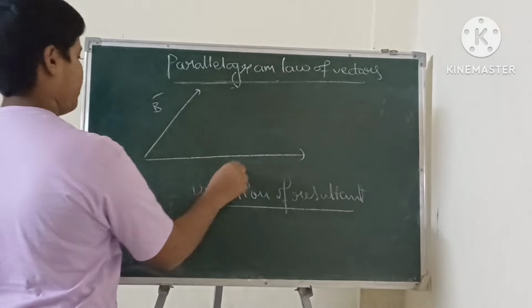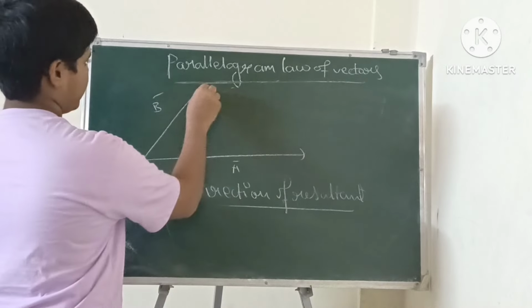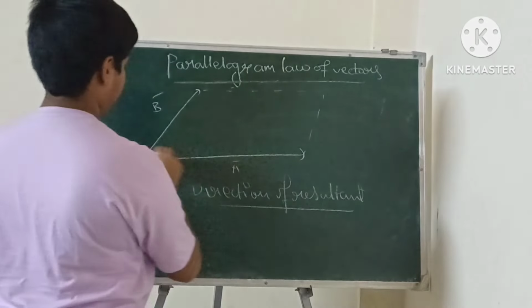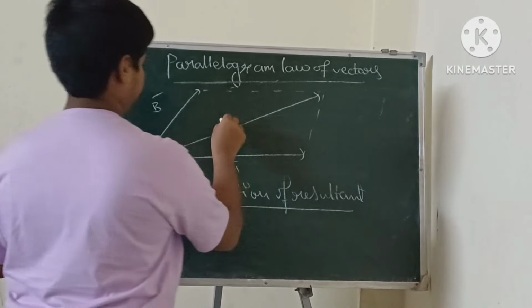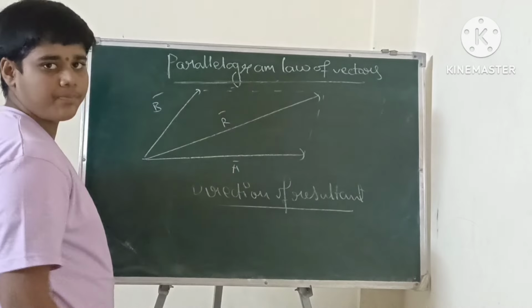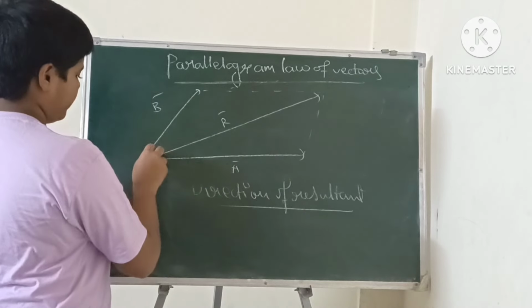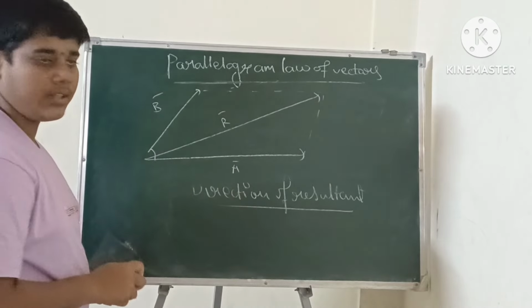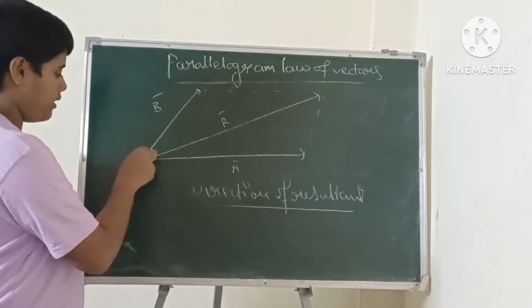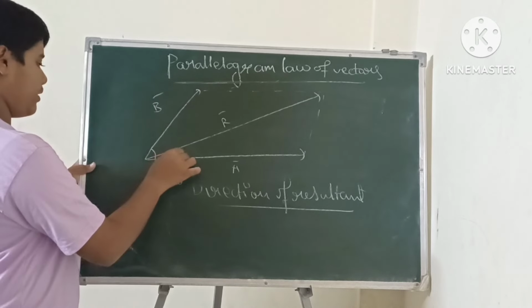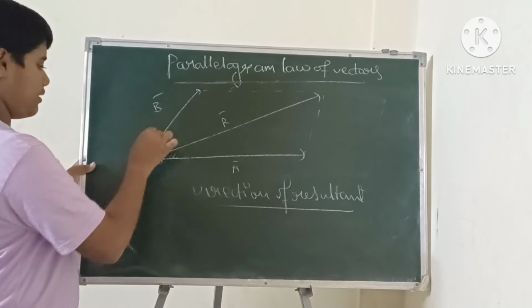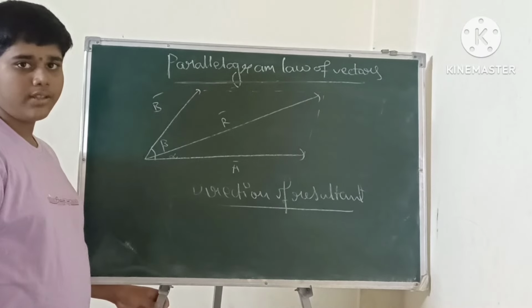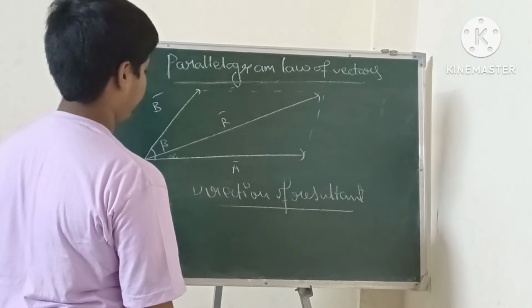This is B bar and this is A bar, and this is the resultant R bar. Okay. Here this angle is theta. This full angle is theta. Here I am taking this as alpha and this is beta. Okay. So from this,